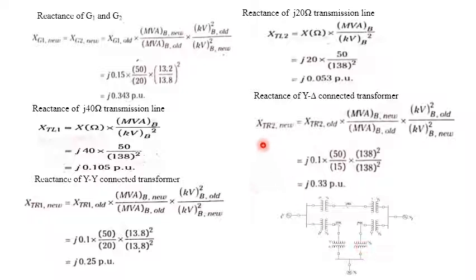Okay, coming back to the reactance of the star to delta connected transformer at this point. This is the equation. It is 0.1. The new MVA, we already know, is 50. In the numerical they mentioned 15. Voltage, considering the ST side of the transformer. Don't get confused. Here we considered LT, and this is ST. What I prefer is to go for ST. If you go for LT, then I will tell you. Okay, ST 138 by 138, you get 0.33.